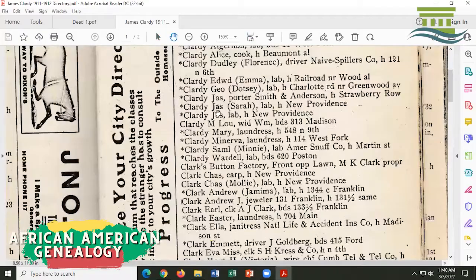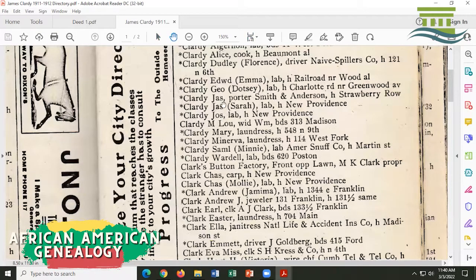We here at the Clarksville Public Library, we have access not only to census information and books and things like that. We have telephone directories. We have some going back as far as 1865, which listed, granted they didn't have phones, but it did list individuals living on certain addresses. And we happen to have 1911 and 1912.